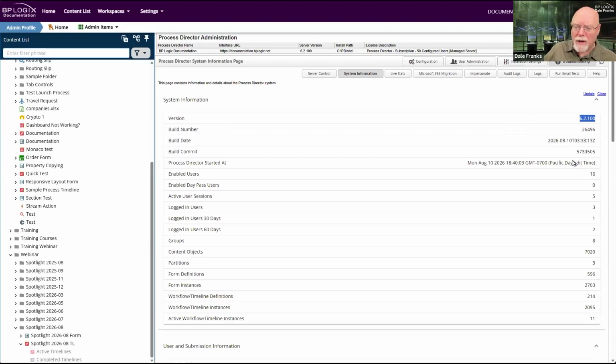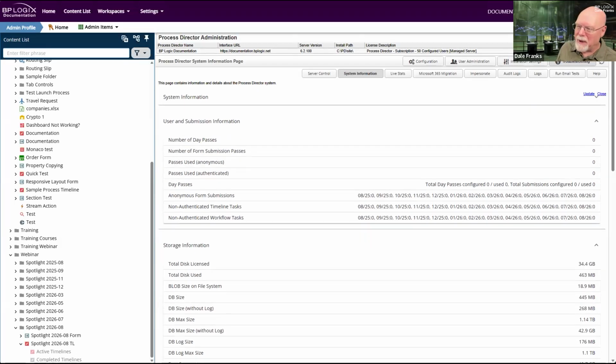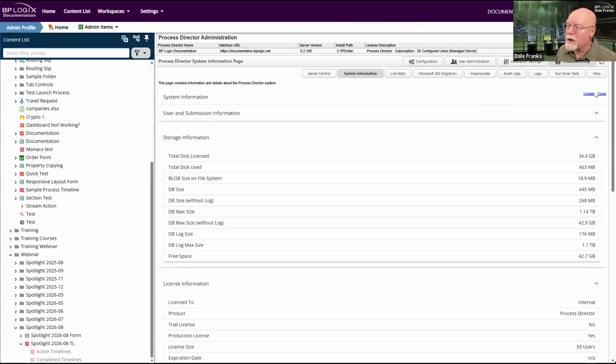But this has caused a problem internally. Up until basically this week, all I really knew was that I was running a version of 6.1.200, but I didn't really know much about what build it was. So internally, for our internal servers, it will be helpful for us to be able to just say, okay, I'm on build 26496, which would let the engineering team know immediately how far behind I was and what their builds were. And we may be changing how we